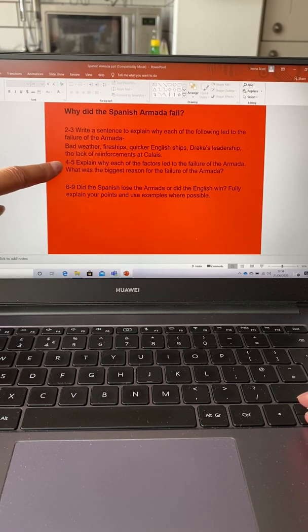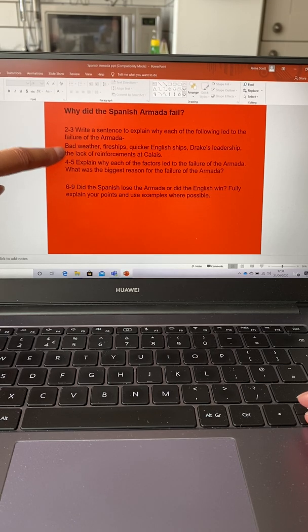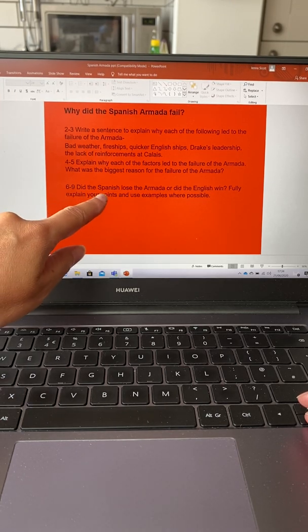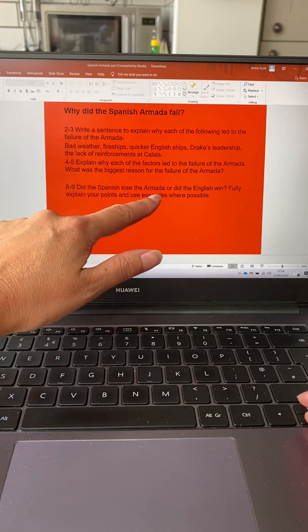If you're a 4 to a 5, explain why each of the factors, so again, they're here, led to the failure of the Armada. What was the biggest reason for the failure? So we'd like you to do an explanation about those and then pick one which you think is the main one. If you're everyone else, so a 6 to a 9, did the Spanish lose the Armada or did the